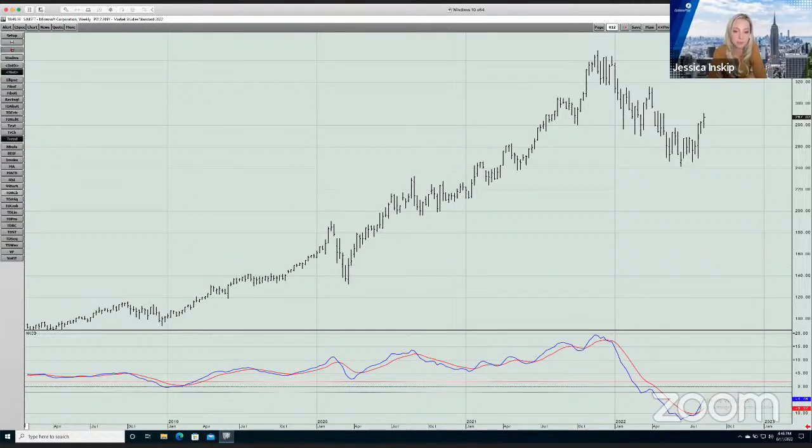There's a sister model called Combo, which is very similar. It just counts differently, to where it needs to count. And the key numbers in this model are both 9s and 13s. So what's a 9 count? If the software is printing numbers above price bars, it means you're moving higher, and each one of these bars,